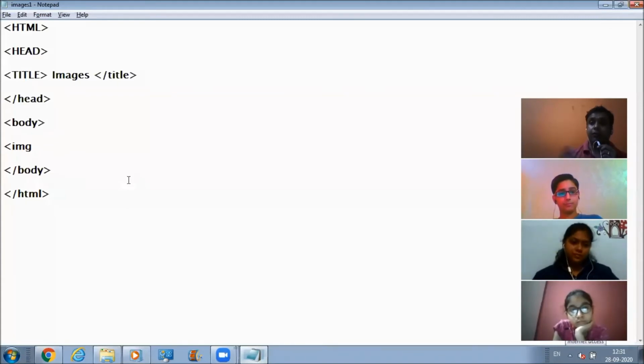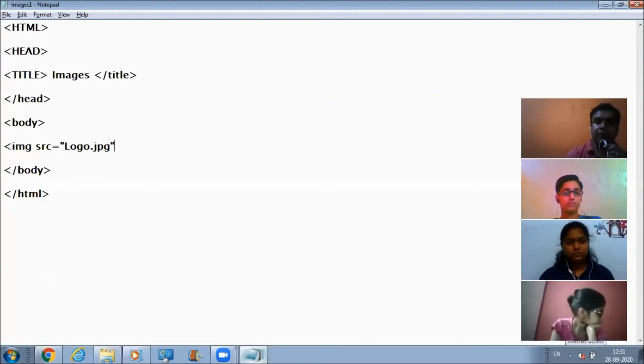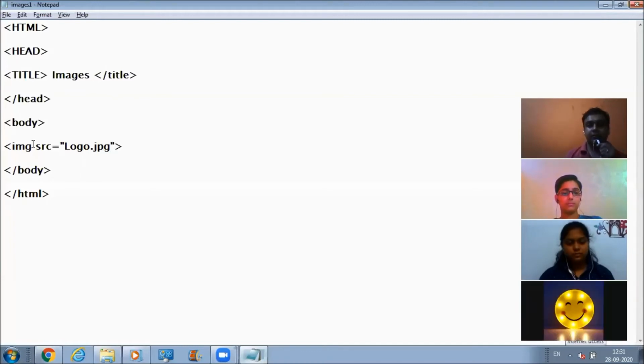This is a tag that we use for accessing an image on the web page. After that, I need to define the source from where I want to get the picture. SRC stands for source. What is the source of the image? Here I'm going to define the full name of the image. This is the full name of the image. Am I right? Yes, this is the full name of the image.